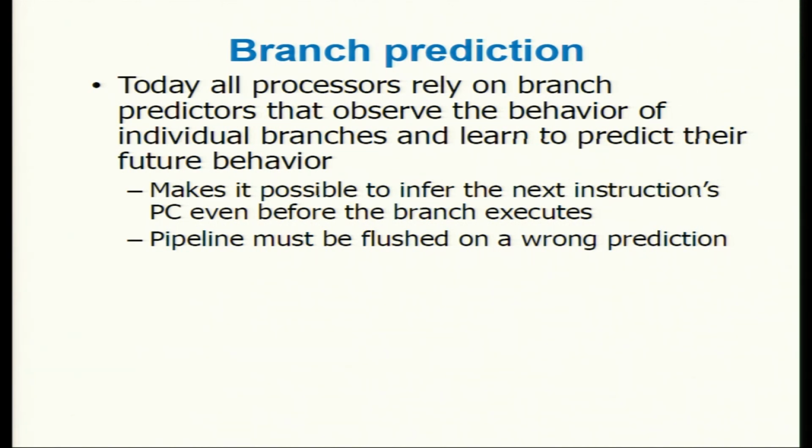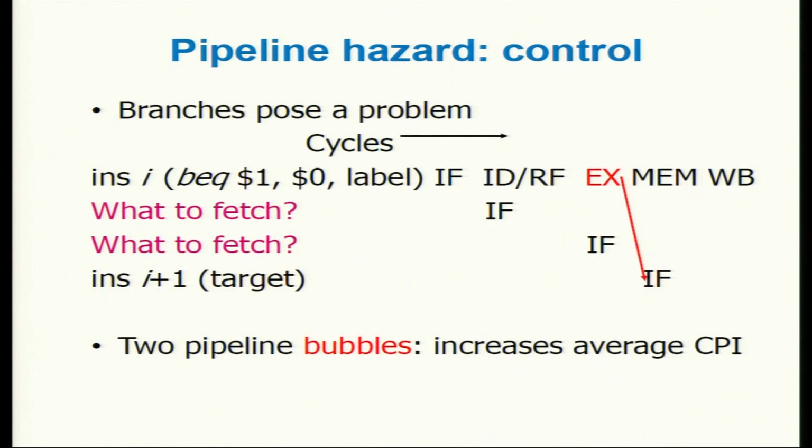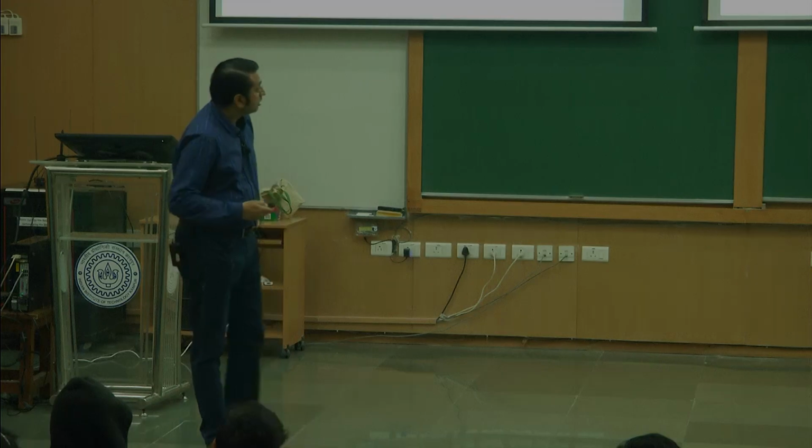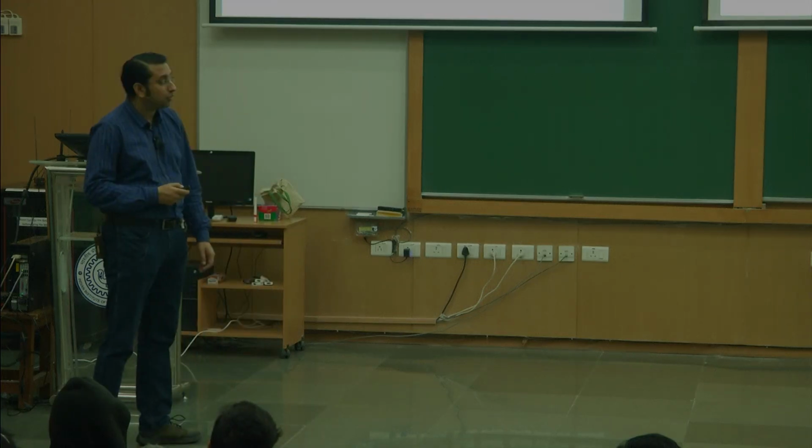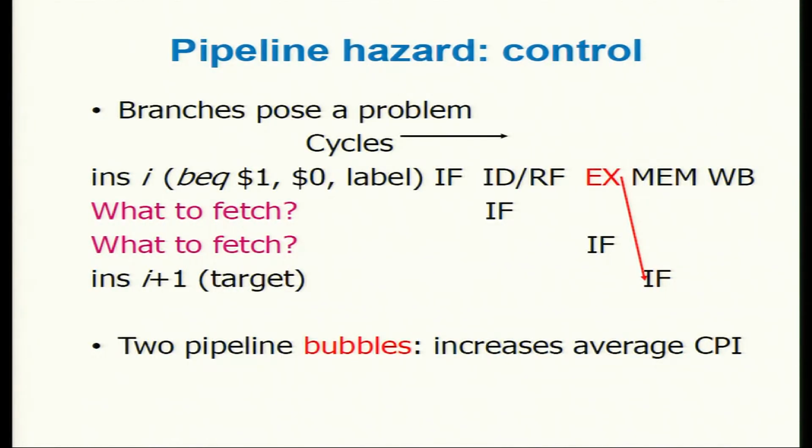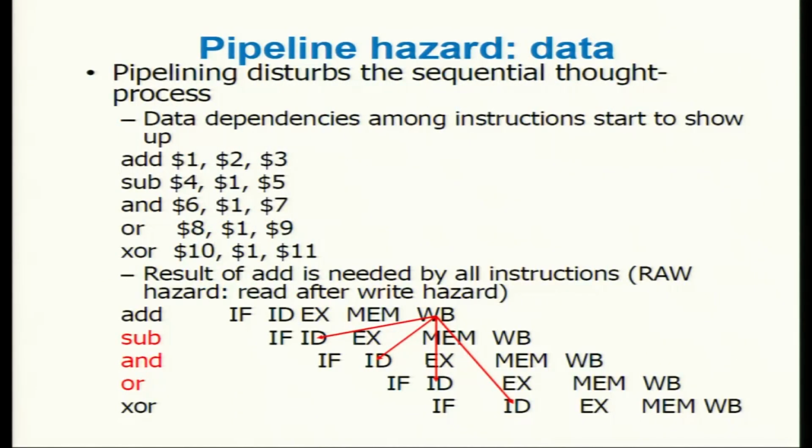But there are branches which are notorious. So essentially that means I can actually predict the target and start fetching from the target, hoping that it's correct. And given that the accuracy is very high, the probability of being wrong is low. But of course, if you make a mistake, that means whatever you have fetched here will have to be thrown away, and the processor must restart from the branch target after throwing away whatever you have fetched. So that's called a pipeline hazard, which involves a branch instruction.